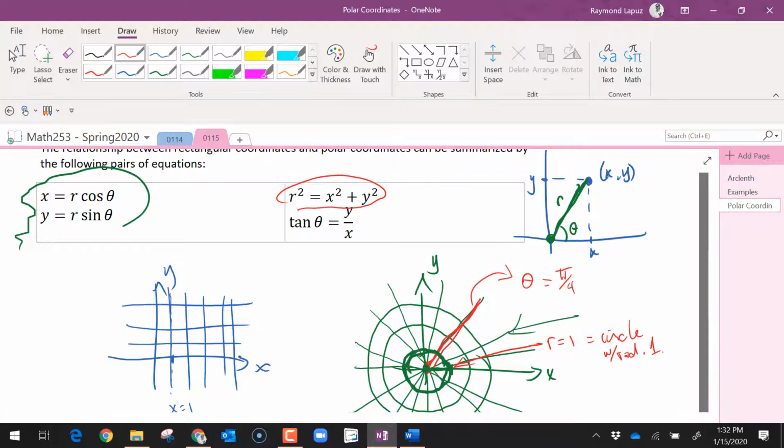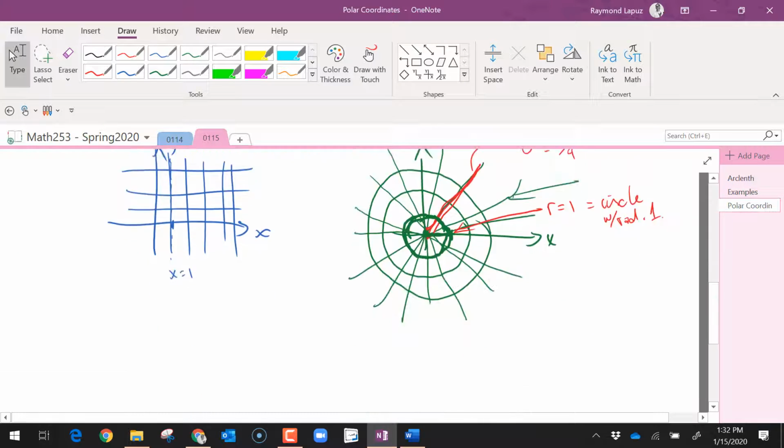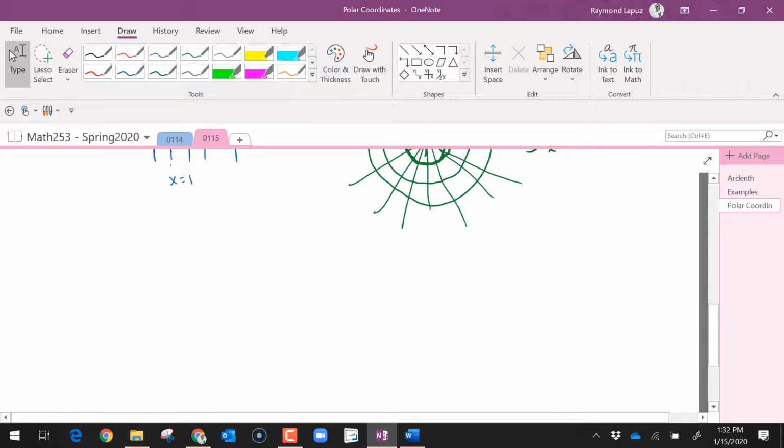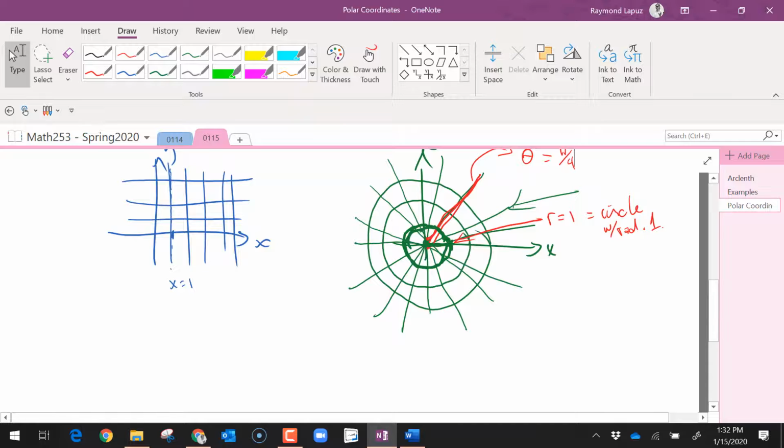More interesting graphs would be if we take a look at graphs of things that are not just r equals 1 or r equals constants. What if we let r equal some other value? Let's start off with r is equal to theta. What do you think that's going to look like? Imagine, close your eyes, or don't. The idea behind this is